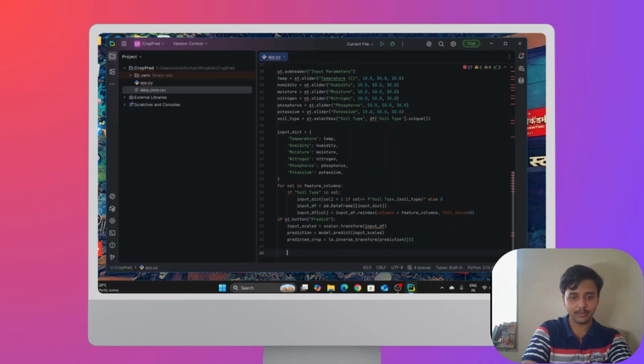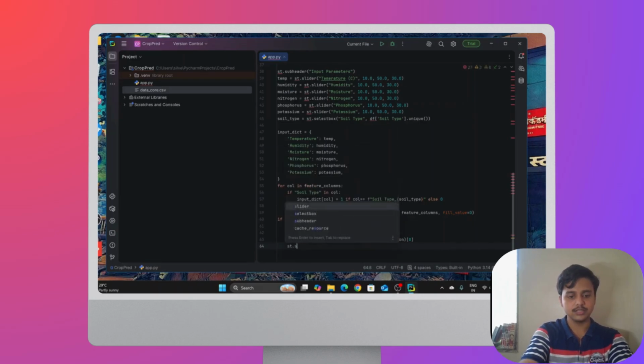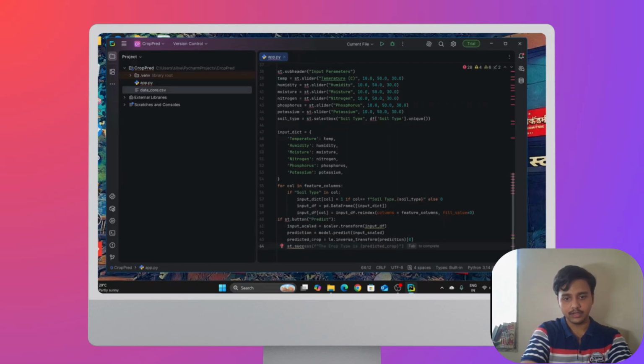Now we are going to write st.success where f of the crop type is predicted_crop. And the result should be declared beautifully.